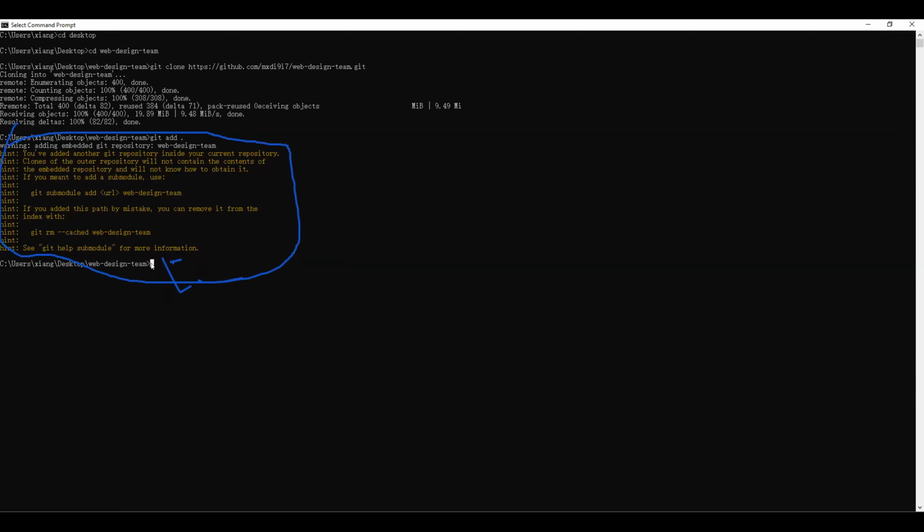So open this up in your file explorer. Okay. What? The file explorer? Wait, what did you say? You said open it up in the file explorer? Yeah, so open your web design team up in your Windows file explorer. I need to see it in folders. This thing? Mhm.